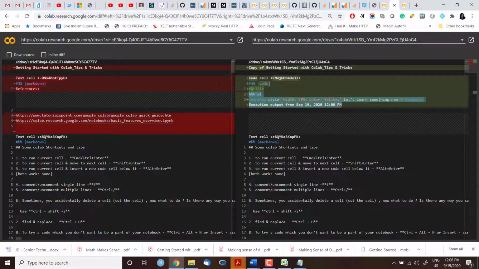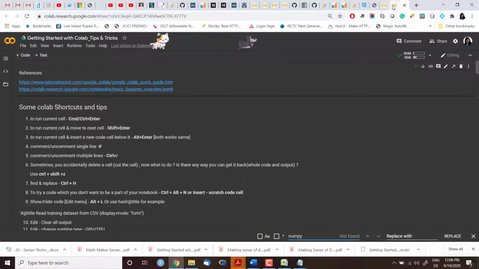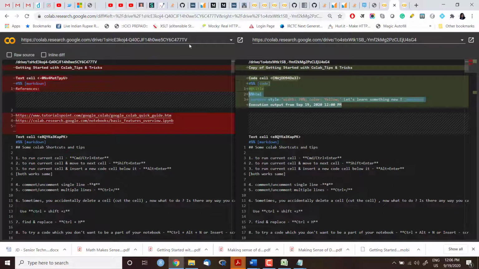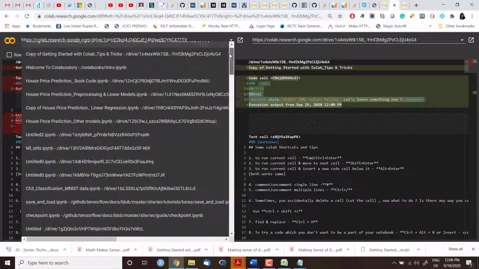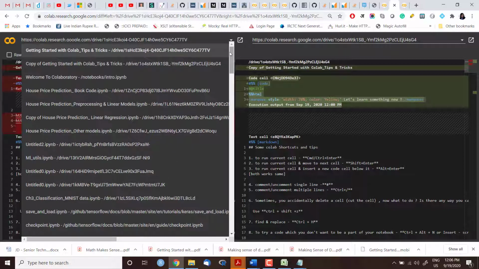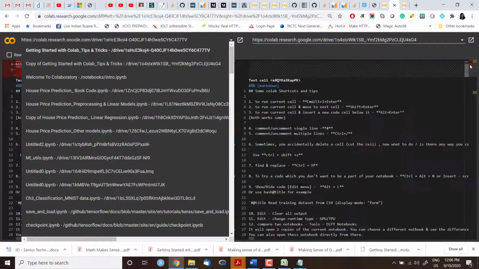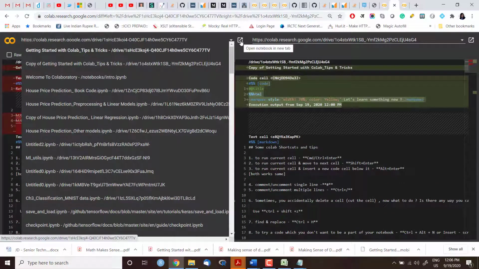One more thing we can do is, we don't actually need to open the files in the first place to compare them. We can simply open just one file, and we can keep on changing the files which we want to compare by browsing from here. Sometimes we have two or three files with similar names and we want to compare, so we can do that. And once we are done with the comparison, if we just want to open that particular file, we can click here, Open Notebook in a new tab, or we can click here, Open Notebook in a new tab. If we click there, it will open that particular notebook in a new tab.